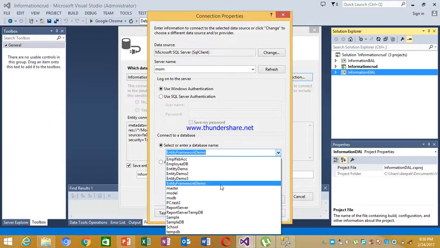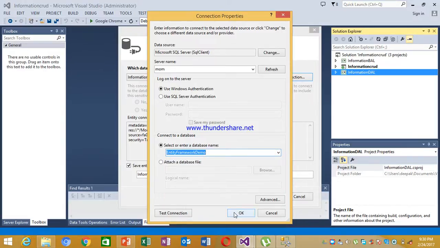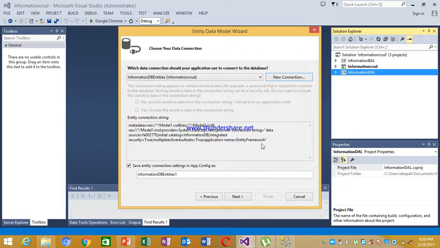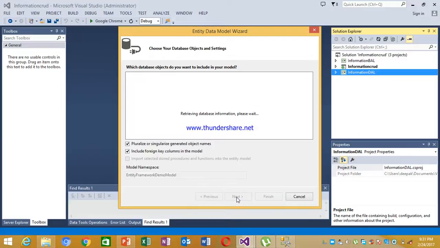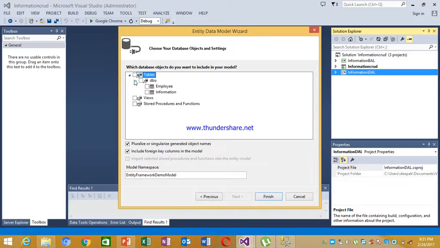This is our database, EntityFrameworkDemo. Here you can see there are two tables present in that database, but right now I am using only one table, so I am going to select that table, information, and then click on finish.